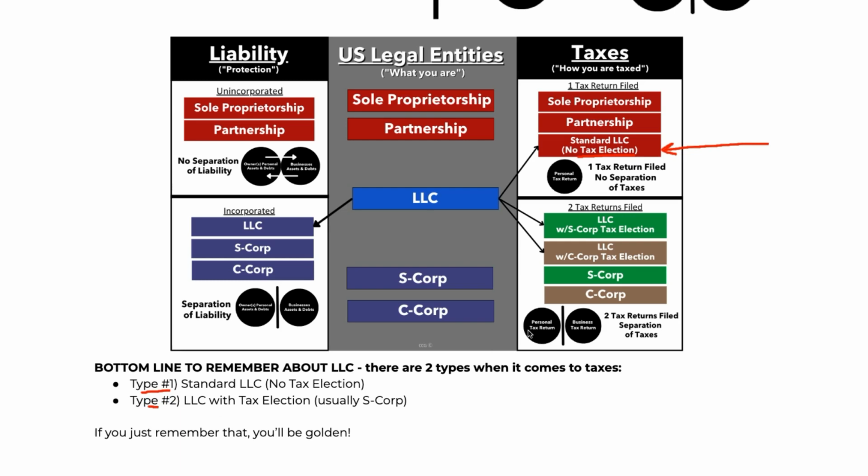Now normally it's going to be an S Corp filing. There's a whole bunch of reasons for that. I'm not going to go into that right now, but usually a C Corp filing is going to be for bigger corporations with stocks and board of directors and stuff like that. Normally for small businesses like us, we're going to be filing an S Corp tax selection for the LLC.